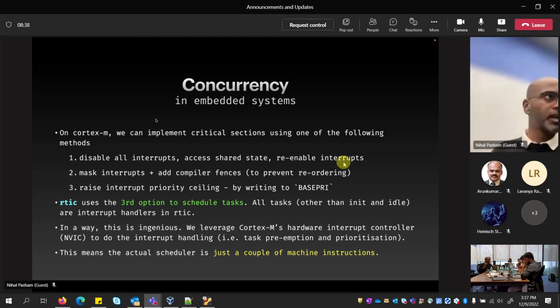I'm just assuming, let's take into consideration that you have a single core. Let's just start with that. Make sense? Okay. Then the other option you have is, rather than implementing a critical section by disabling